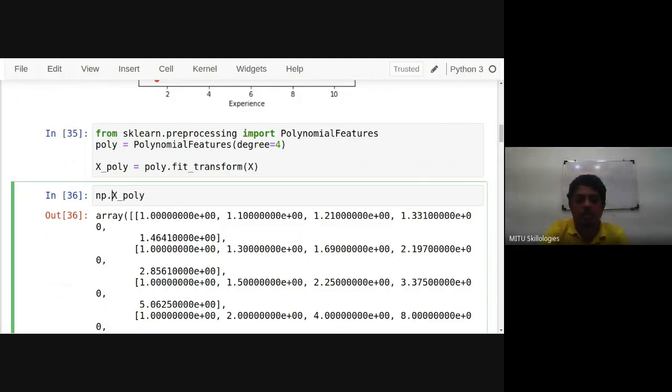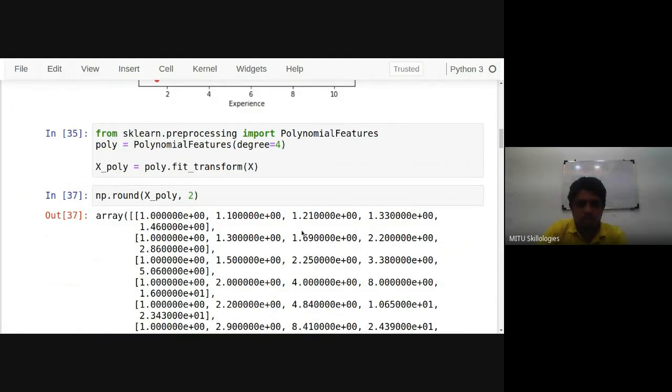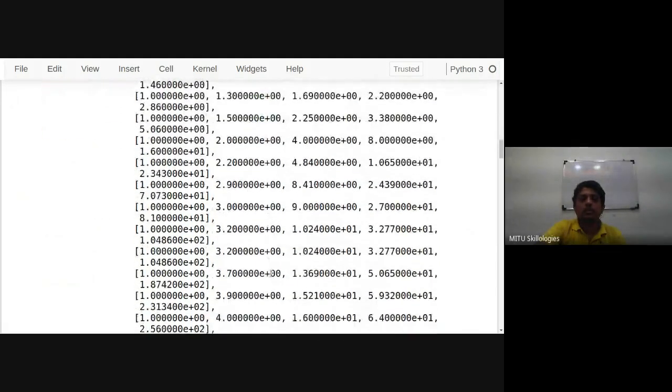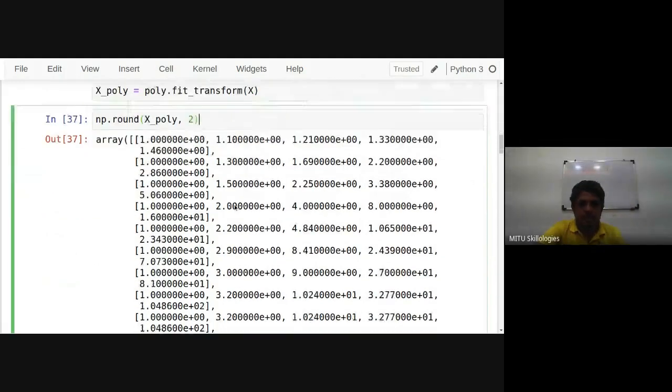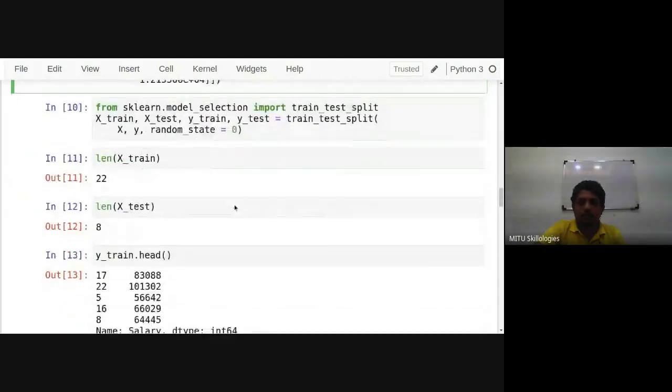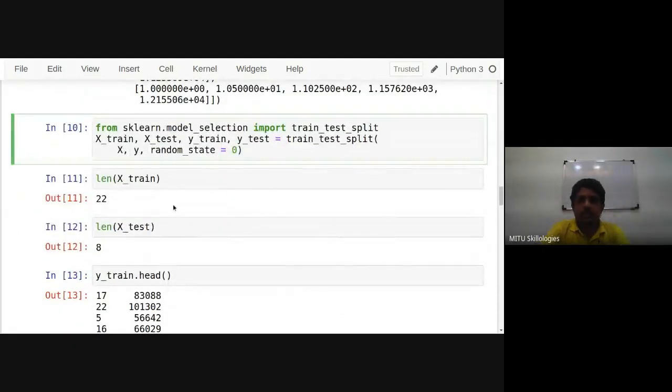Or we'll use np.round for this. Yeah, now it's okay, that we can use. So for the polynomial transformed data, let's say I'm using a 4-degree polynomial here. I've transformed the data into a 4th-degree polynomial.